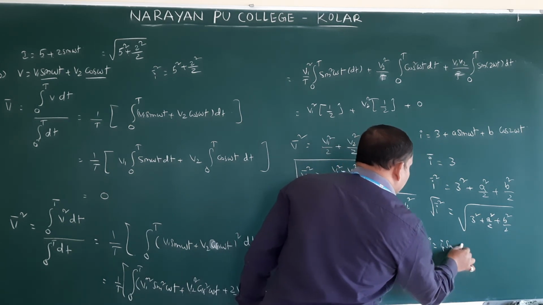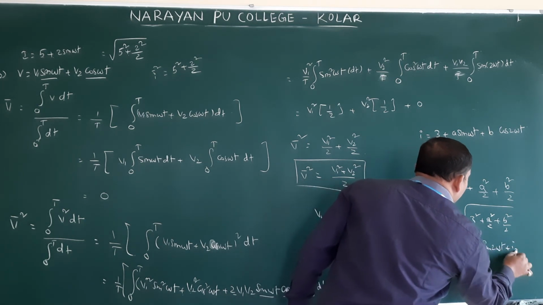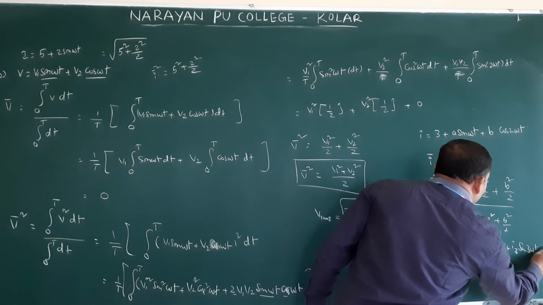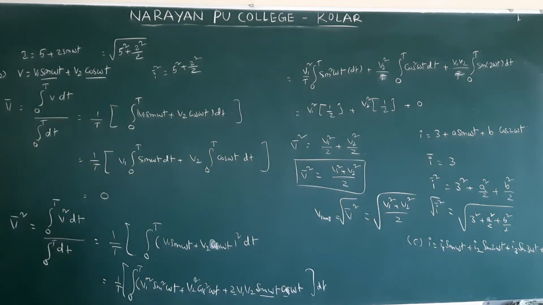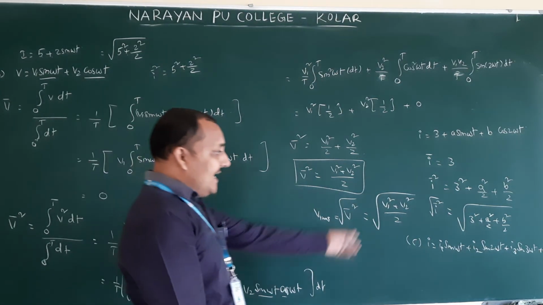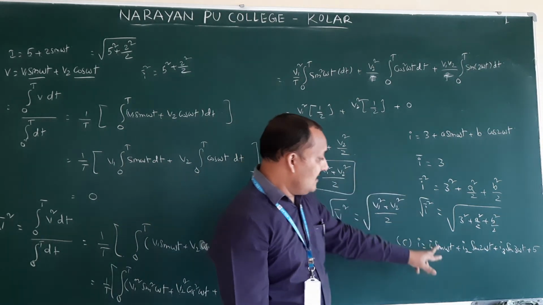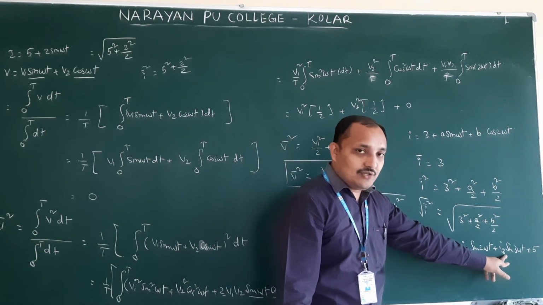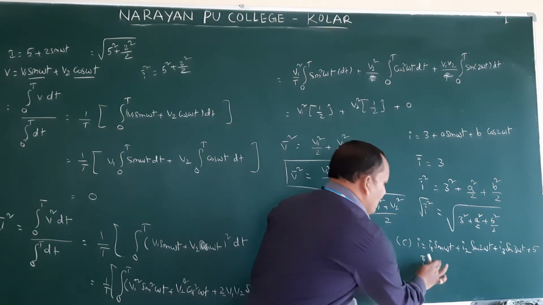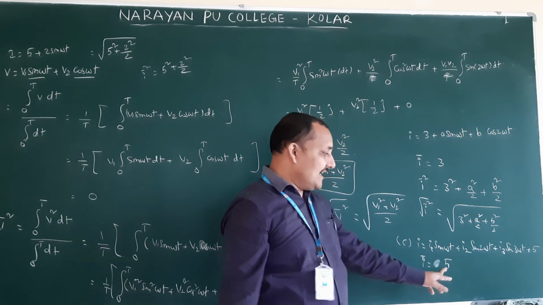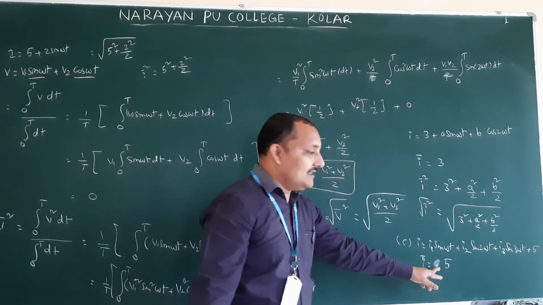I1 sin omega t plus I2 sin 2 omega t plus I3 sin 3 omega t plus 5. Plus 5 only. At the end they give plus 5 only. Now again for this, what is the mean value? I bar. I bar means the sin terms are going to be 0. Only 5. I bar is equal to 5. So they give 0 in the book, but that is 5. If it is not there, means 5 is not there, then that is 0.